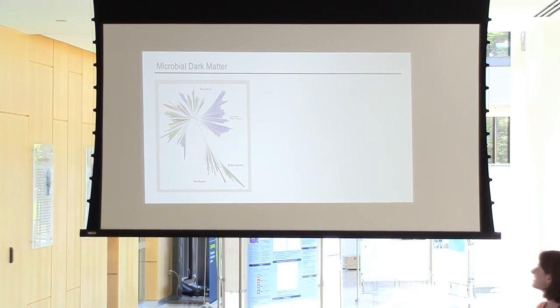And despite their abundance and diversity, we know next to nothing about them. In fact, many of these lineages aren't even cultivated. And because we know they're there, but we don't know anything about them, we refer to them as microbial dark matter. And recent efforts have been made to characterize this microbial dark matter because it's important evolutionarily and ecologically to understand these organisms. And just within the last century, we found an entire domain of organisms that's mostly microbial dark matter,